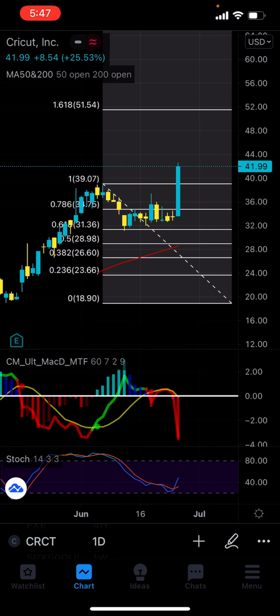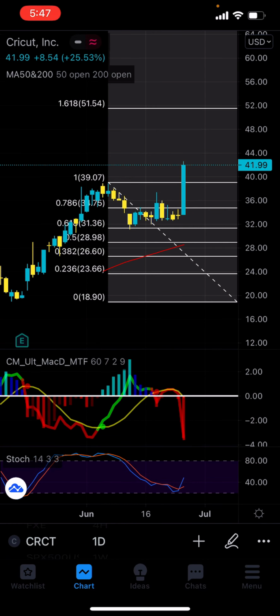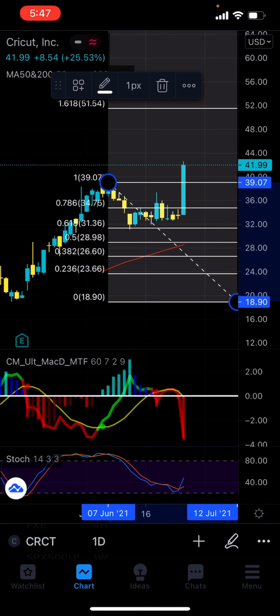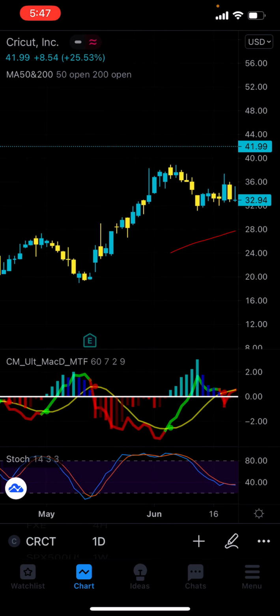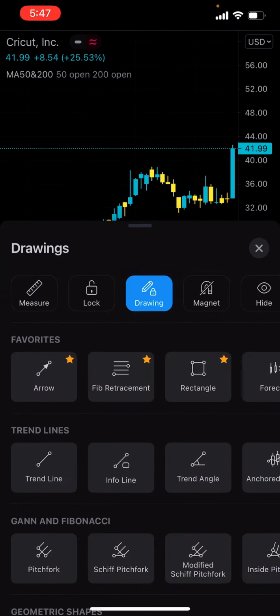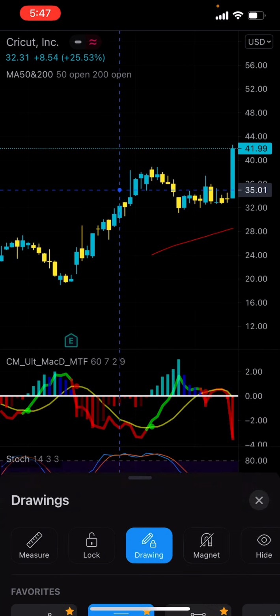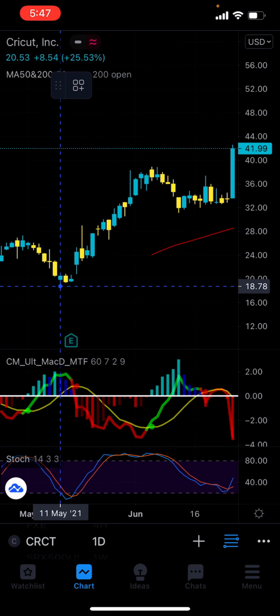And all I'm really doing is basing this off of the Fibonacci retracement. But instead of using it as an actual retracement, we're using it like a forecast. So instead of doing something like this,